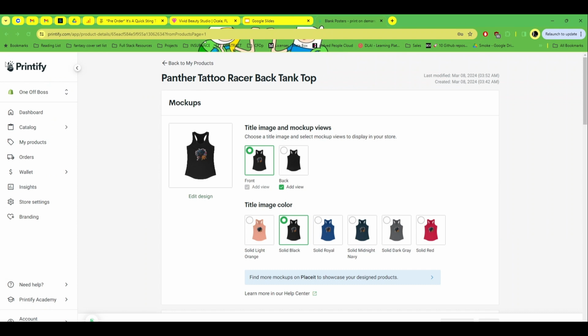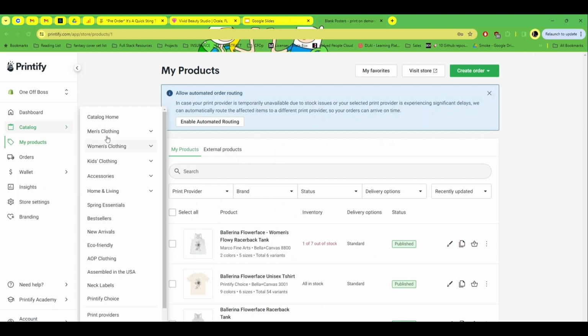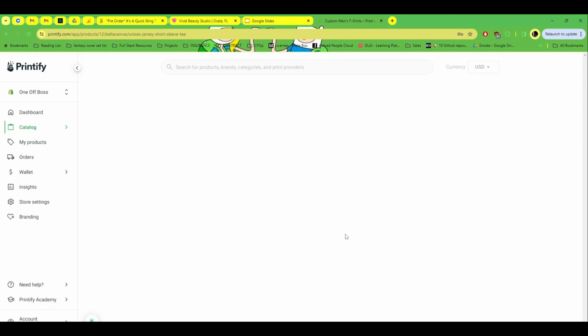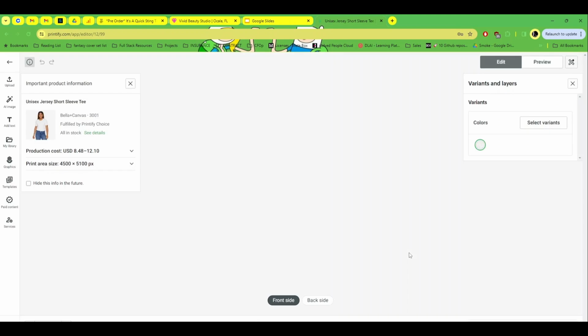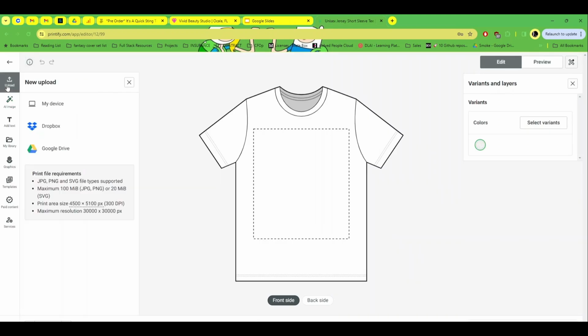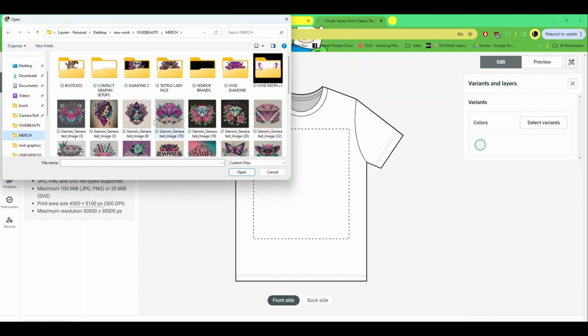So we can leave out of here and, well, let's look at the catalog and we'll just look at a regular shirt. Let's start with this one. Start designing. And we're going to upload a new image, and I'm going to intentionally use an SVG file. And we can go to a merge folder and we'll look at, I think I have a